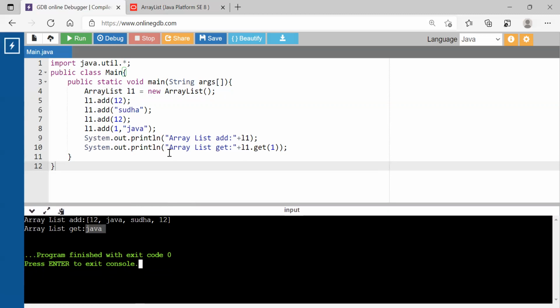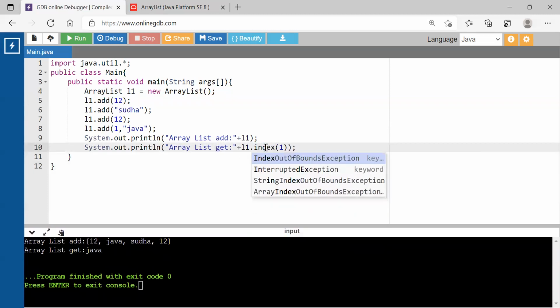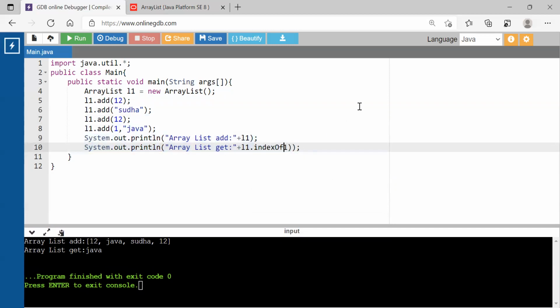The next method I'm going to discuss is indexOf. Let me get the index of a particular element. indexOf is the method. Let me get the index of Sudha, so I'm giving Sudha here.